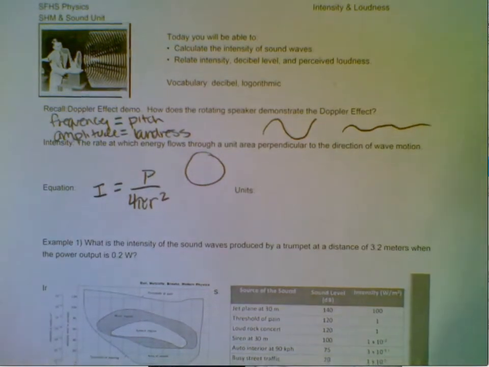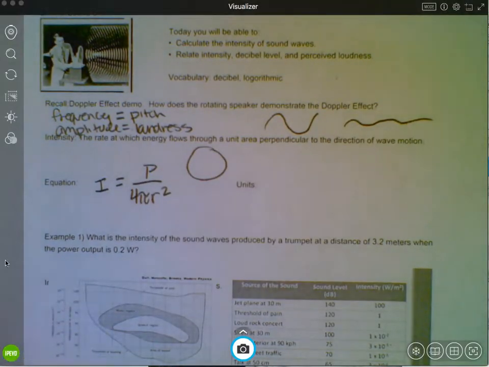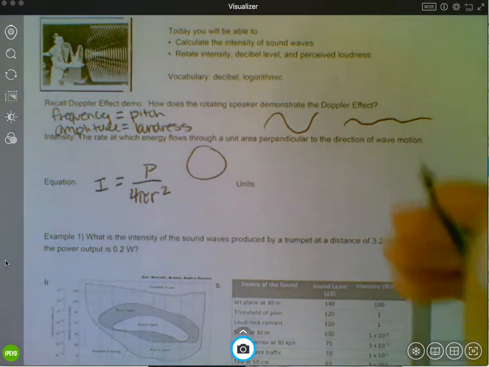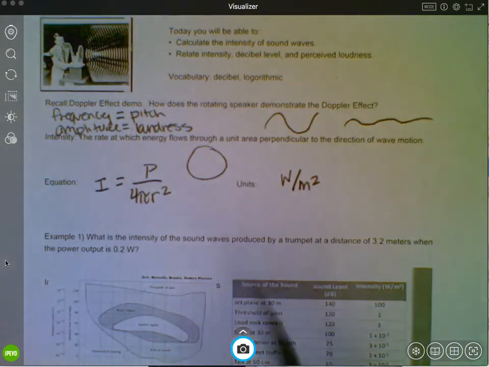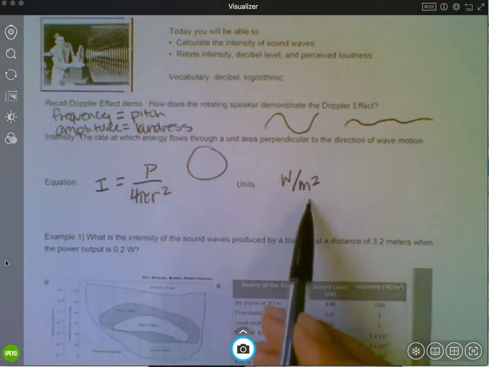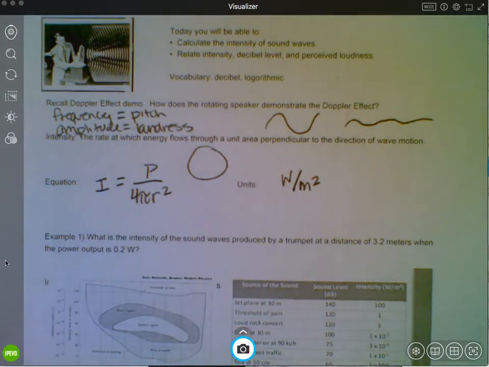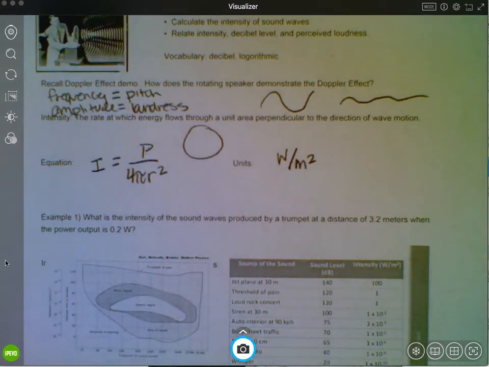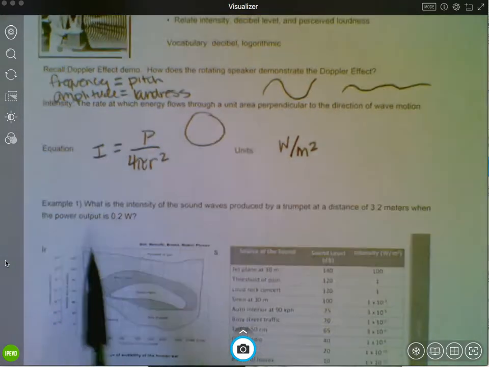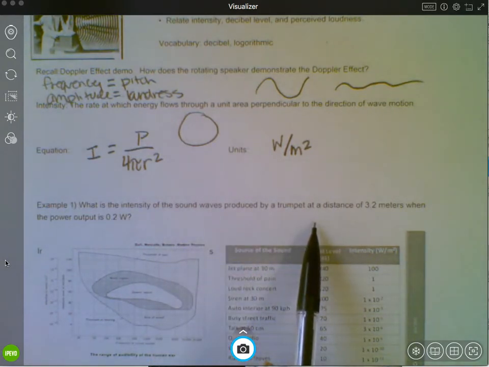The units for intensity are watts per meter squared. Power is in watts, area is in meters squared. That's it. This is just going to be a plug and chug type of equation. So let's just try one example, and then I'm going to get to the more fun, interesting conceptual stuff. What is the intensity of the sound waves produced by a trumpet at a distance of